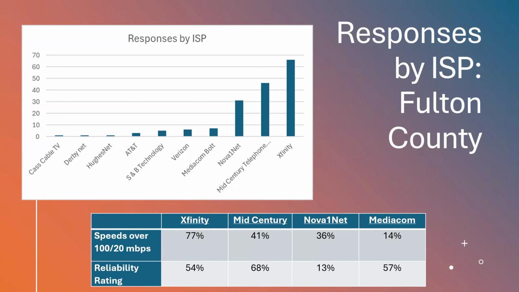And then if you look at the reliability rating, it's kind of similar, hit or miss for all of the ISPs, except for this one ISP where the reliability is really low. So it's always good to know, if someone has a high rating for speed, is it reliable? Sometimes those are inversely correlated, but not all the time. It's always good to see how they stack up for both.